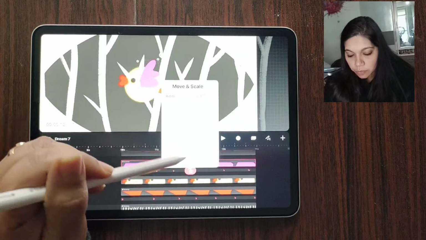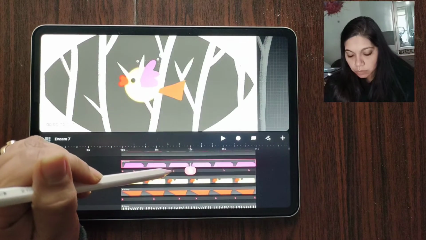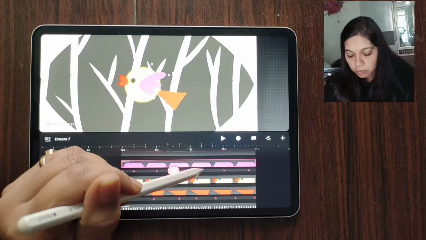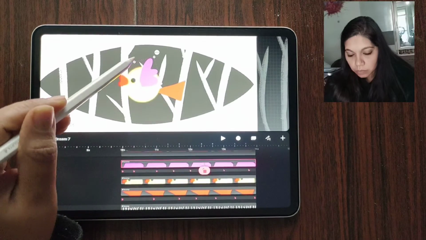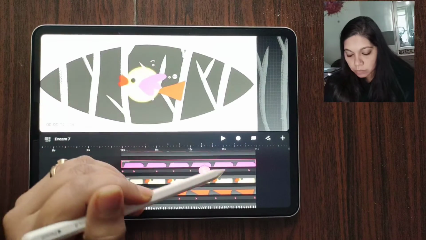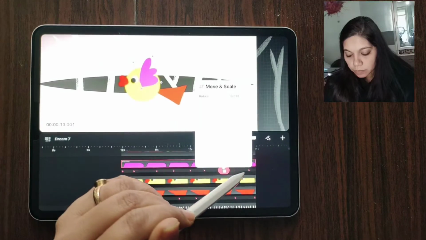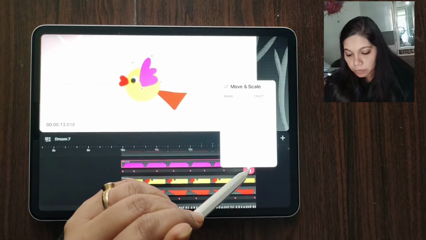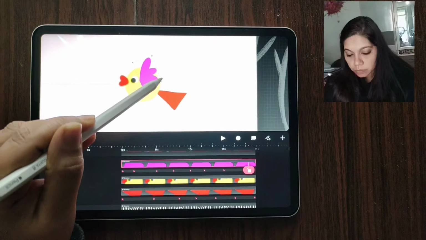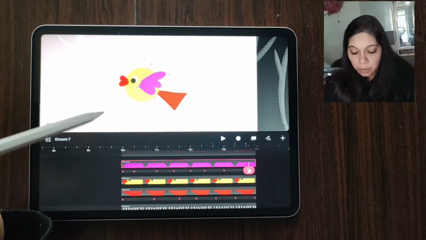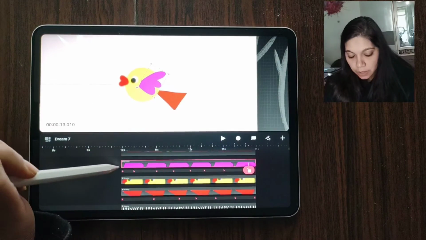What is the need of the perform button if it doesn't work? Okay, so this animation is done for the bird. If we play and check,